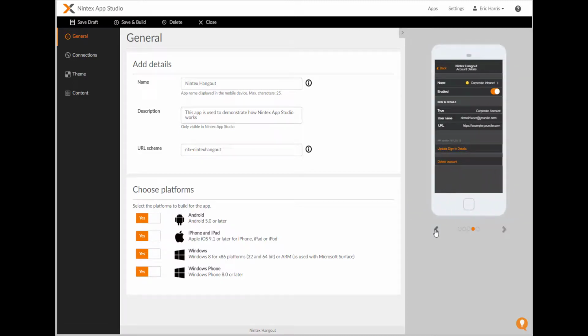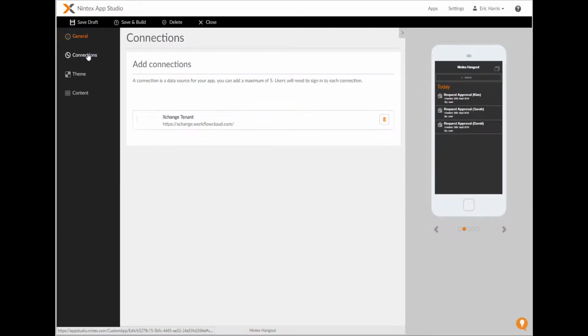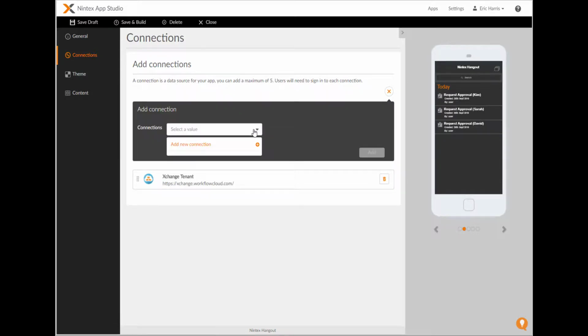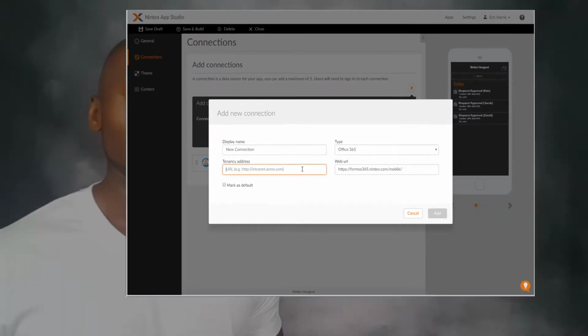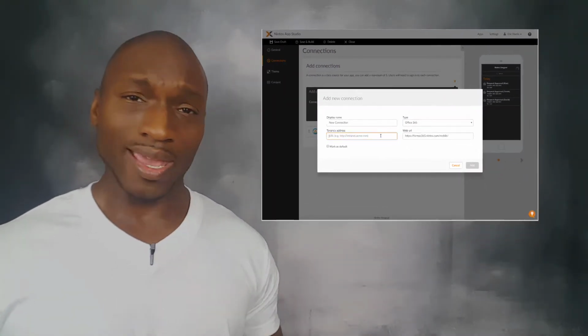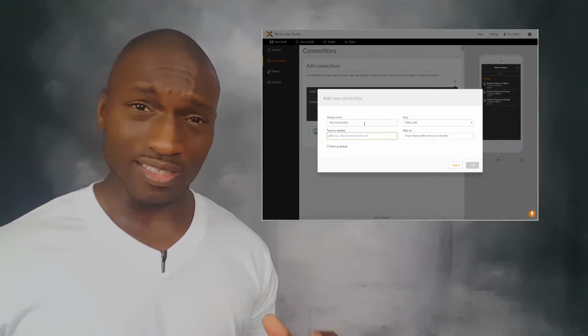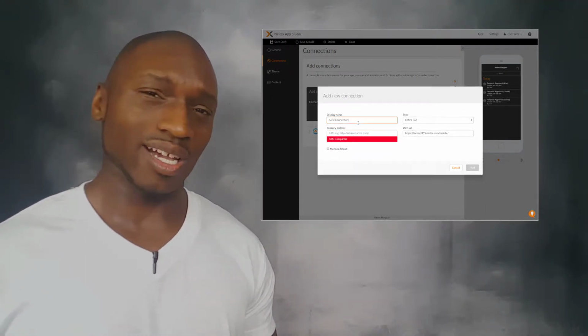The second thing that we want to do is the connections. You want to set a connection to your Nintex environment, whether it be SharePoint on premises, SharePoint in Office 365, or Nintex Workflow Cloud. We can connect to our forms and our tasking there to be able to interact with the user when they're away from the computer, when they're away from internet, even with our offline capture, and or giving them the ability with forms to save the form down as a draft and come back into it and